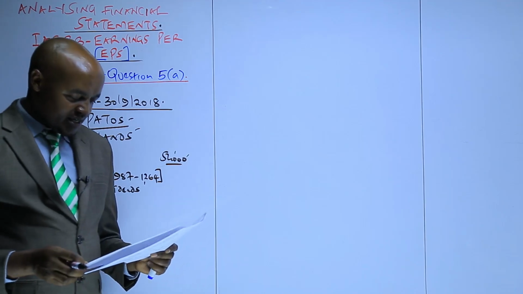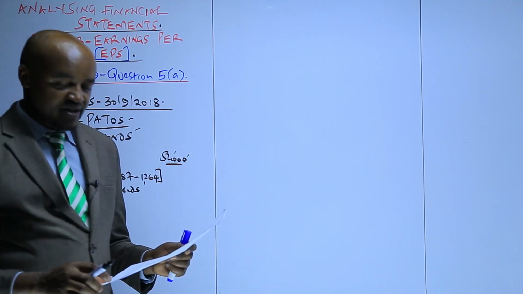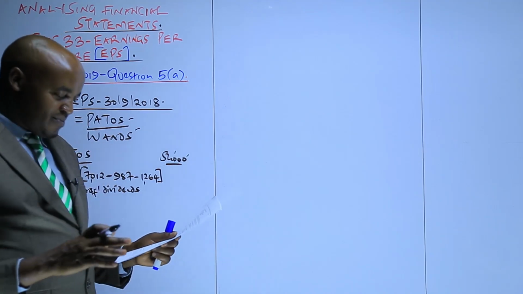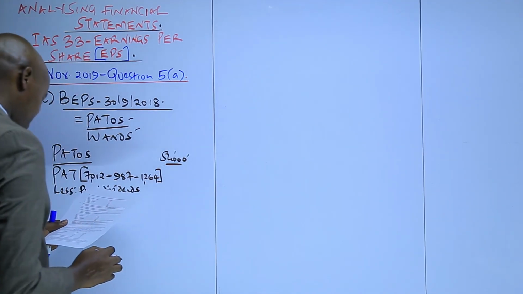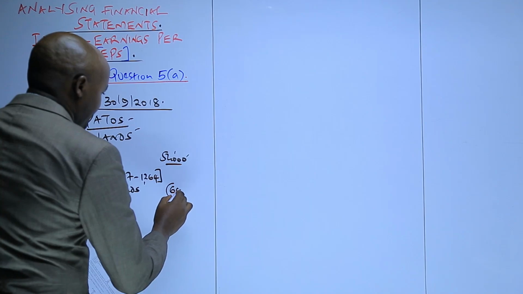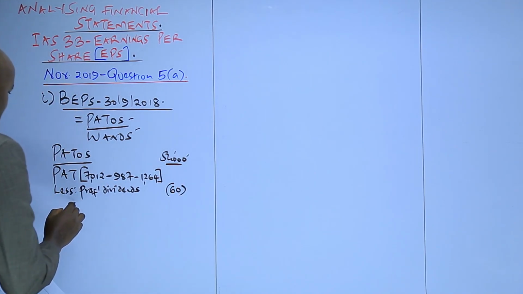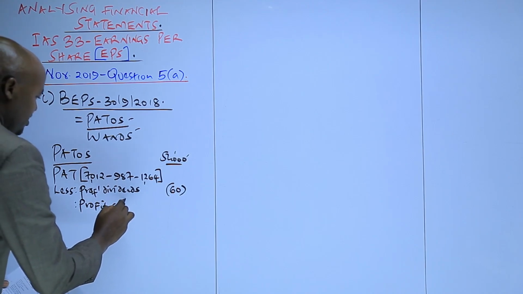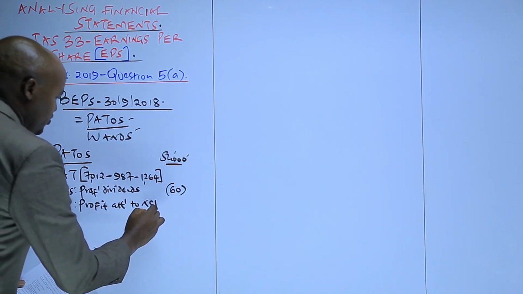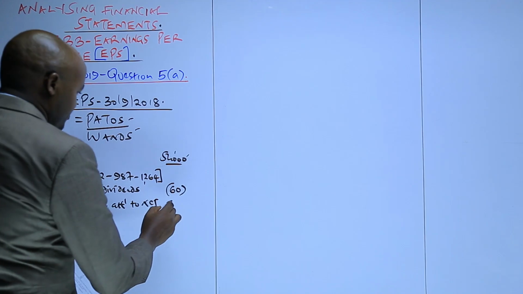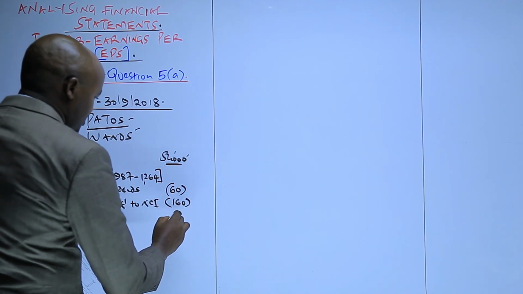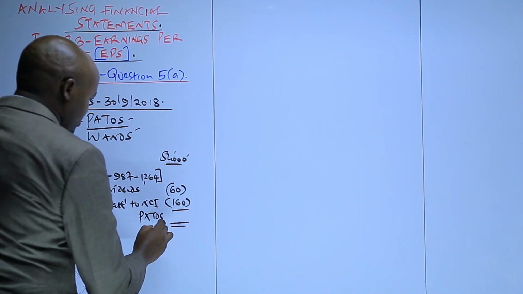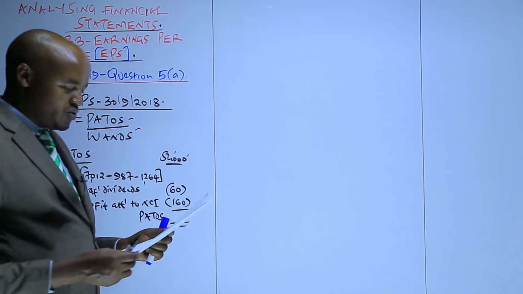But in the additional information number 4, we are told that preference shares issued by this company are non-redeemable. So therefore, you are going to less those particular dividends here, and you are given the dividend of 60,000. Then to this we also less the profit attributable to non-controlling interest. We have that particular figure as 160. So whatever you are going to get here is what we refer to as the PATOS, the profit attributable to